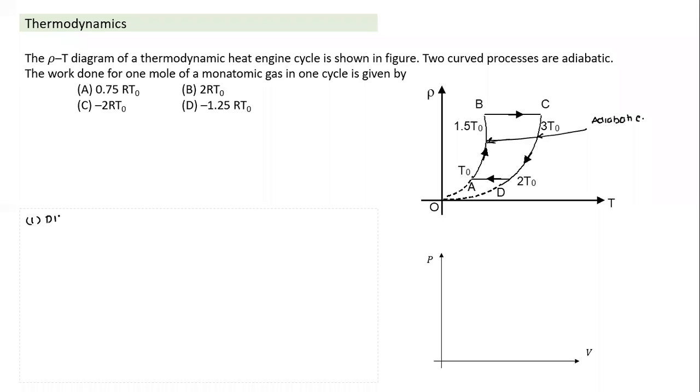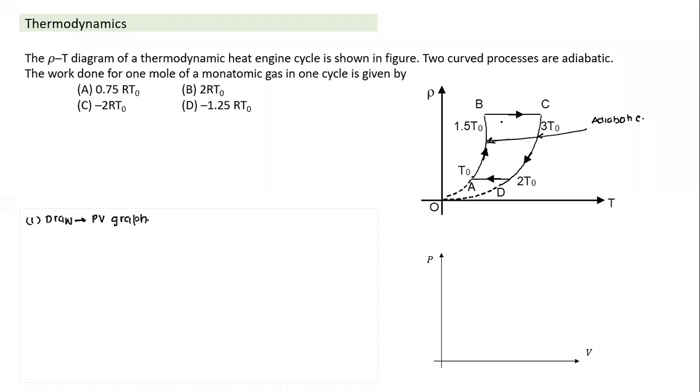This kind of question is also common. Any two variables are given and we can draw the other combinations of variables. So draw the PV diagram. What would the PV indicator graph look like? Two of the processes are adiabatic, and I know what the shape of an adiabatic curve in a PV diagram is. The other two processes, B to C and D to A, can we identify what those processes are?